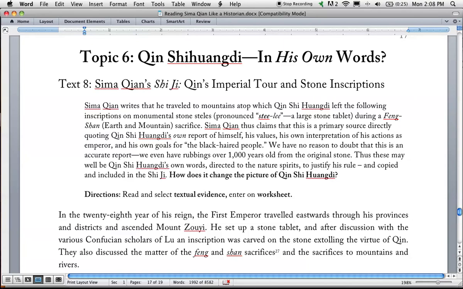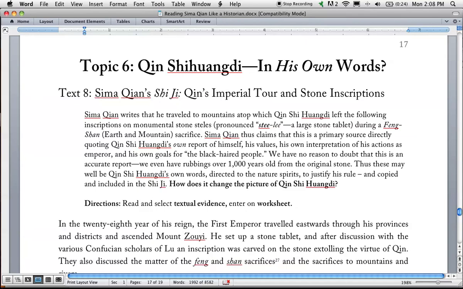this one's really interesting. All right, so if you've been tuning out because you can't listen for more than 5 minutes at a time, tune back in now. Notice this is from Sima Qian. It's from the Records of the Grand Historian. And here on page 17, we have what are known to be the words that the first emperor of China, the book burning, scholar burying, Great Wall building, terracotta warrior making emperor, founder of modern China,